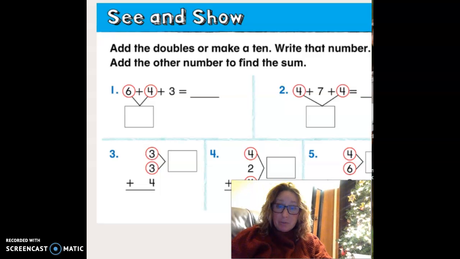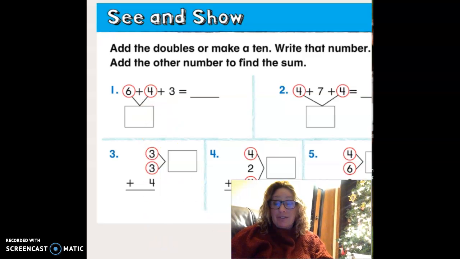Now, it's your turn to practice this, okay? We're going to do number 1 together, and then I'd like you to work on number 2 and 3 on your own. You can use your whiteboard and dry erase marker or paper and pencil. But let's check out number 1 first. These are the 3 numbers, 6 plus 4 plus 3. Now, there's a little hint here. They have 6 and 4. Now let's think. We can make a 10. If I know 6 and 4 is 10,